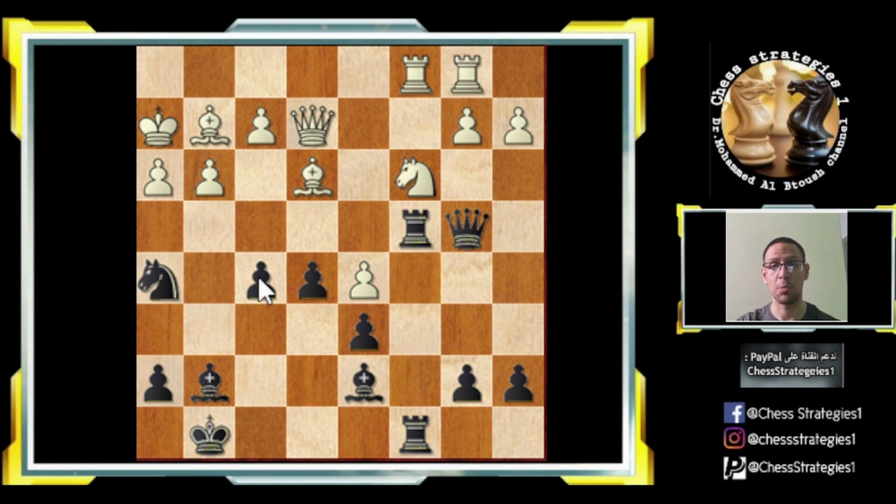if g takes, trying to open up the position, just queen takes h5 is winning a piece. So after e takes, bishop takes f5, black is attacking the rook on b1, so white is calmly playing rook a1, and yes, white's threat is to play g4, winning a piece, or maybe if white is afraid of something, he can play first a3, so the black's queen is moving to some less dangerous square, and then g4, winning